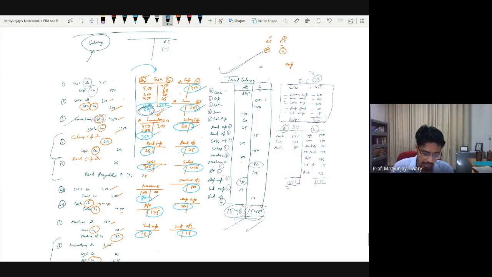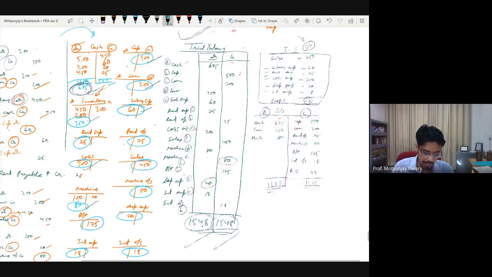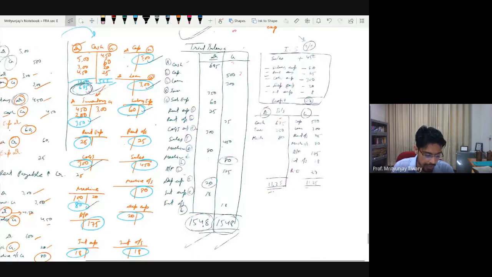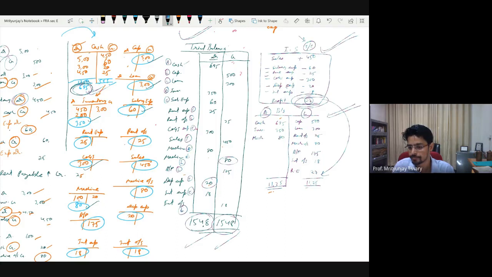Once that is done, then we come to our final step of preparation of income statement and balance sheet. All we need to do is go to every item one by one and identify whether the particular item is income or expense or asset or liability. If it is income or expense, it will come into income statement. If it is asset or liability, it will come to balance sheet. After you have transferred everything, find out the profit and transfer it to retained earnings. That's all. Tomorrow we'll complicate this a little bit further, but that's all there is to it.